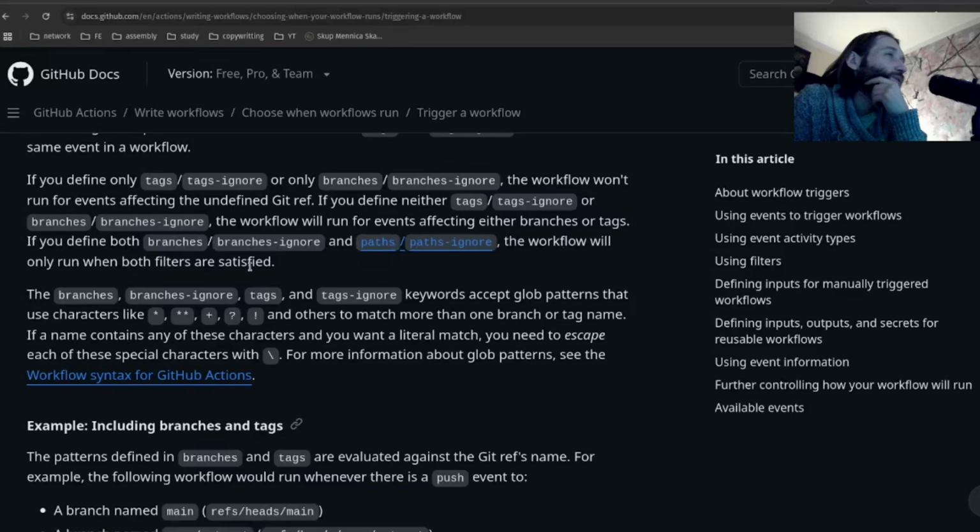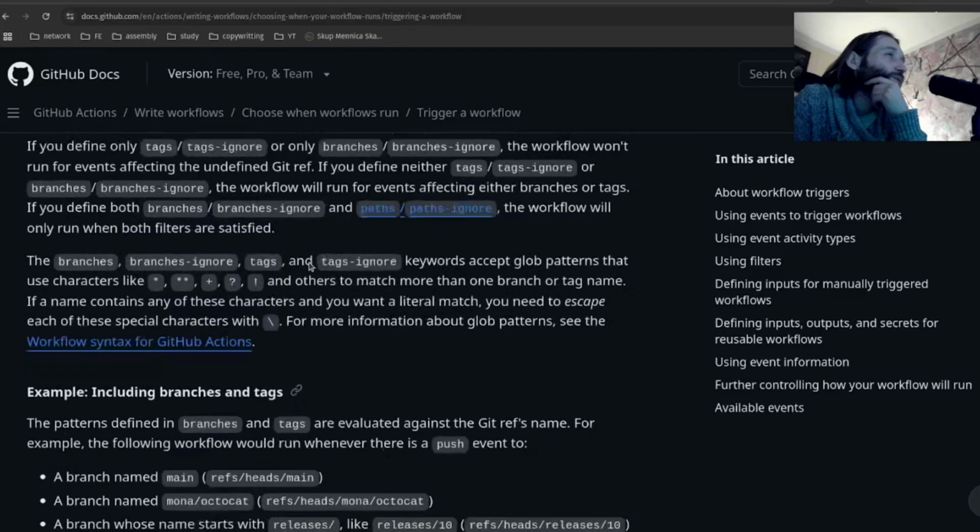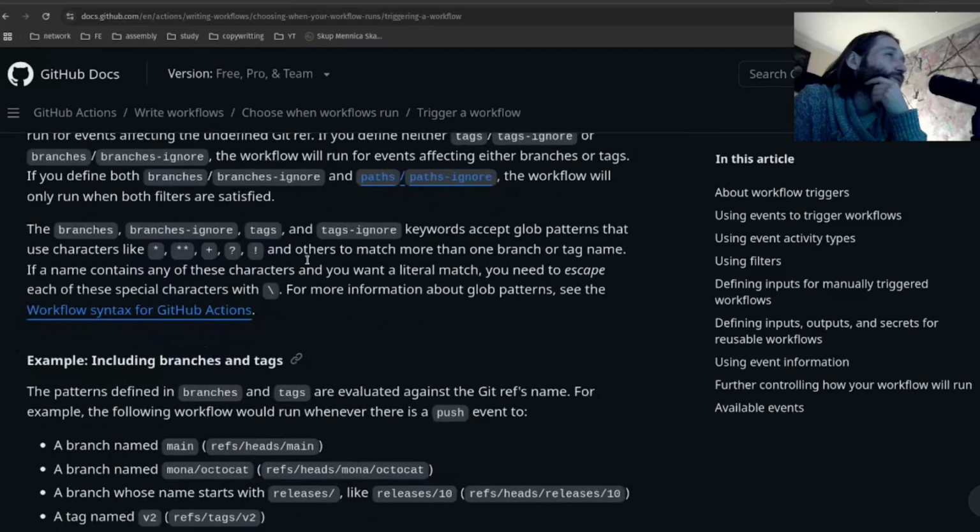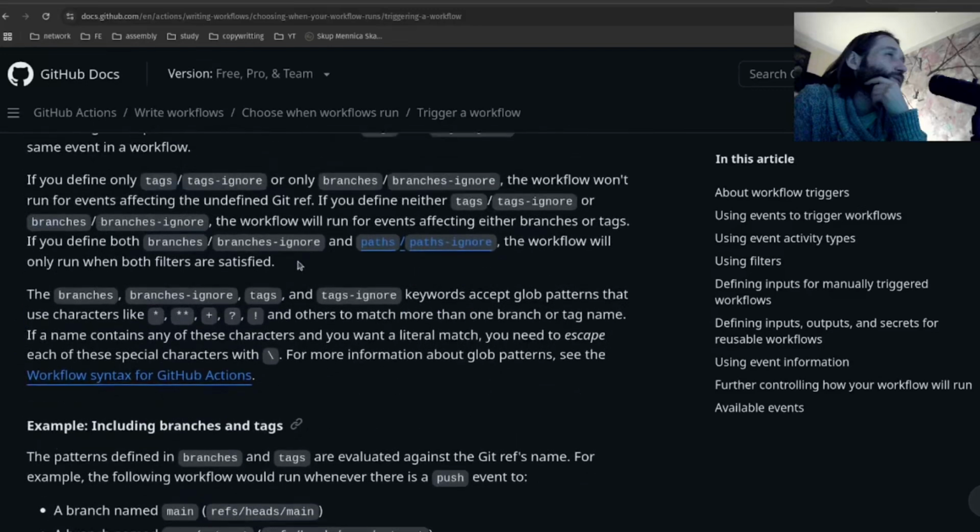filters are satisfied. So we are now introducing paths into the equation, but I'm not quite sure if I understand. Quite complicated. I would have to make some tests to understand how using tags, branches and paths together will affect the workflow. Okay, the branches-ignore, tags and tags-ignore keywords accept glob patterns that use characters, so we already know that from